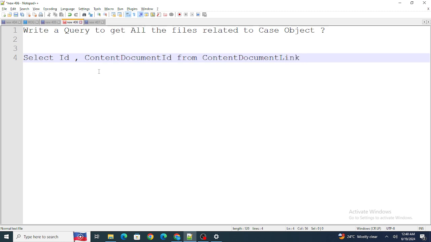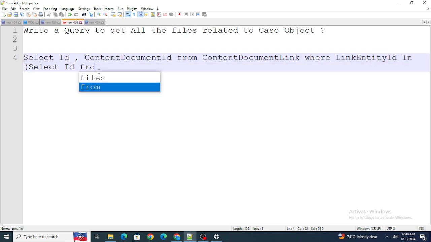Now if you want to get it for a particular case, you can use linked entity id. There is a linked entity id field within the content document link which helps you to find for which object it is, or it helps you to find the id of the object. So: where linked entity id in (select id from case)